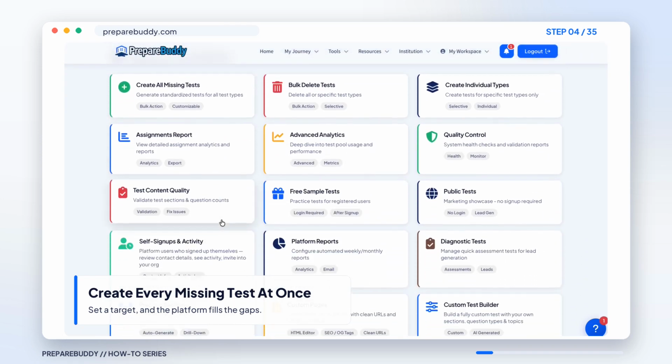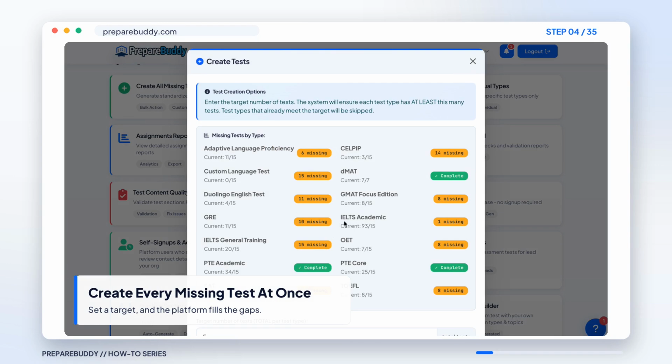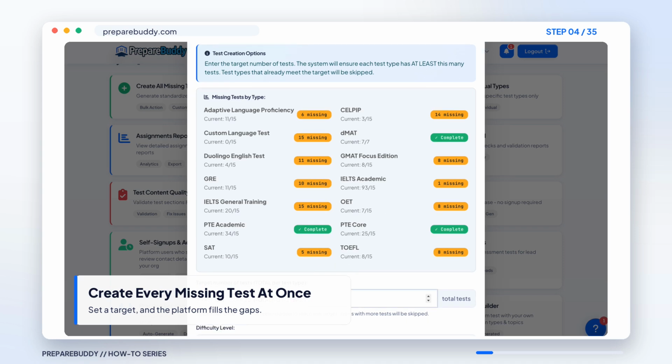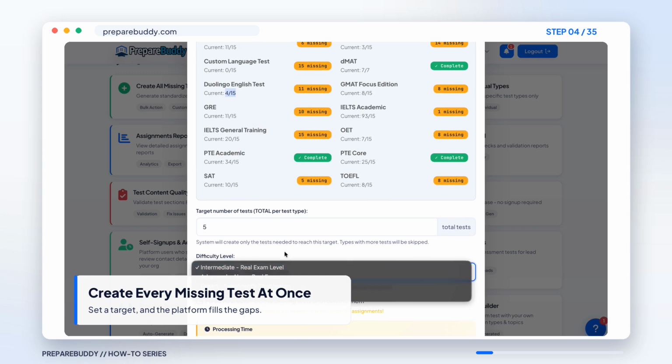Create all missing tests fills the gaps in a single pass. We recommend keeping at least 15 tests for every test type. Set a target, 5 say, and PrepareBuddy tops up every type that has fewer than that. A type that is already complete is skipped entirely. Choose the difficulty level you want, and create. It runs in the background, and it is the fastest way to get a brand new platform from empty to